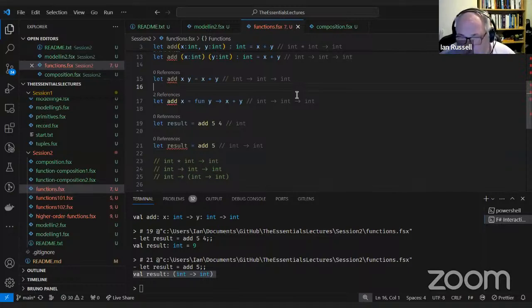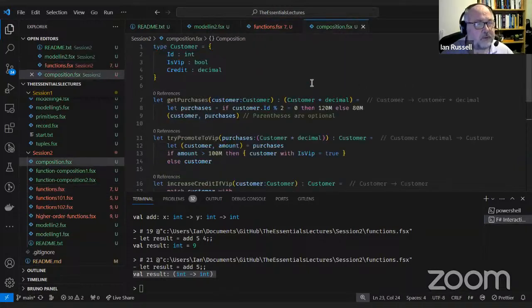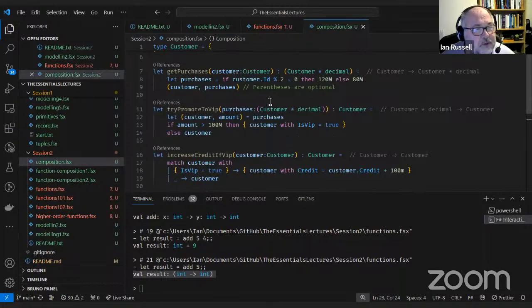So the next one I had on my list of things is composition. So I've written a little example. We've got a simple record type that has 3 properties: ID of int, IsVIP of bool, and Credit of decimal. And then I've got 3 functions. Don't worry about the internals of the functions. What we're actually interested in is the signatures. So we're only interested in the